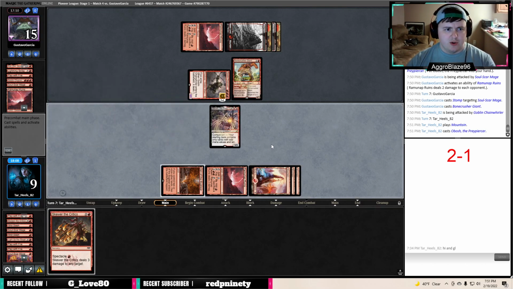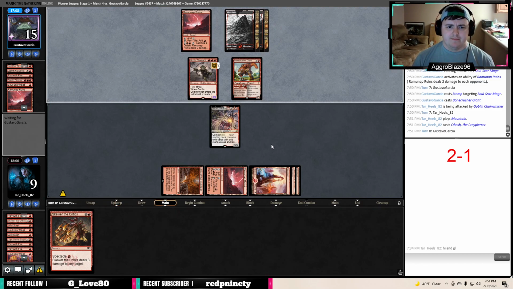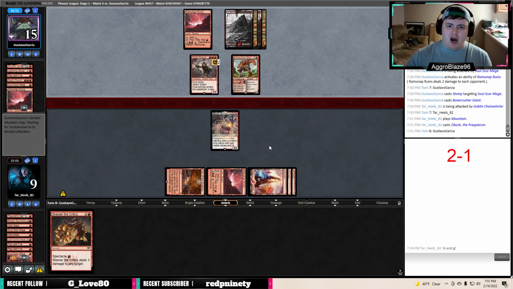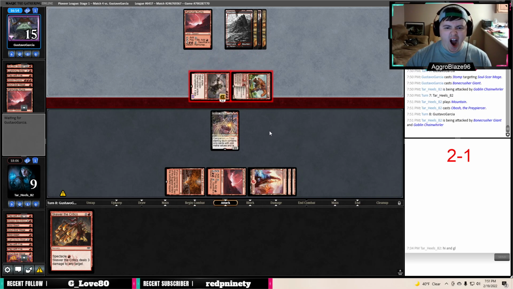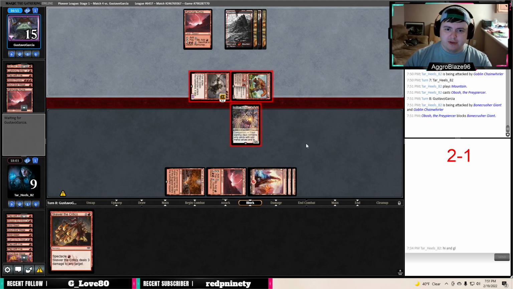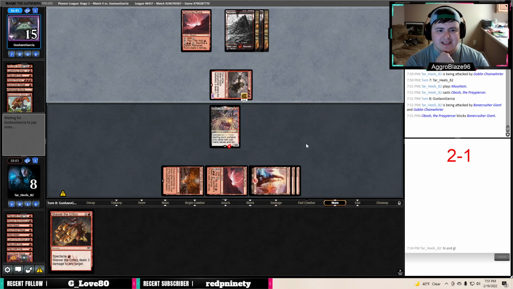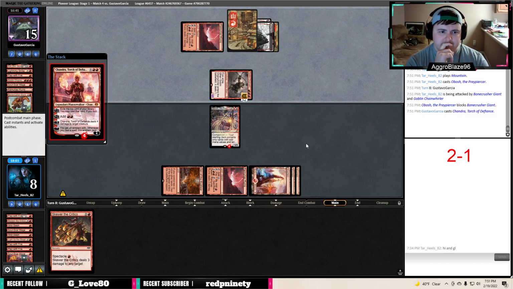Alright, let's play Obosh and say go here. They have to draw something pretty good here to play around the Obosh. If they attack in with the Bonecrusher Giant and the Goblin Chain Whirler, I will block the... Ooh, I don't know what I'll block. I'll probably block the Bonecrusher Giant. Kind of sucks that we'll probably lose our Obosh here, but I don't think they would have attacked if they didn't have a way to kill our Obosh here, but